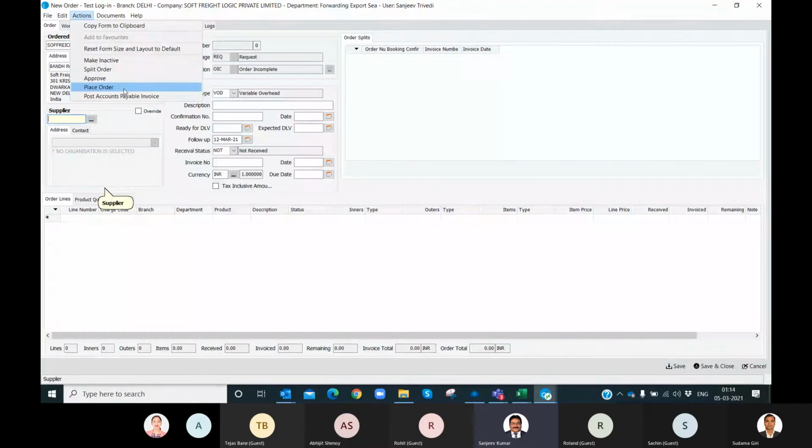And once order is placed, the third step is to post account payable invoice. If it is posted, then it will appear in the payable transactions dashboard once posted. Before posting, it is just like an entry inside CargoWise. That amount will not impact your financial reports. Before posting, it is just like a register entry, and on the dashboard you can have those things.